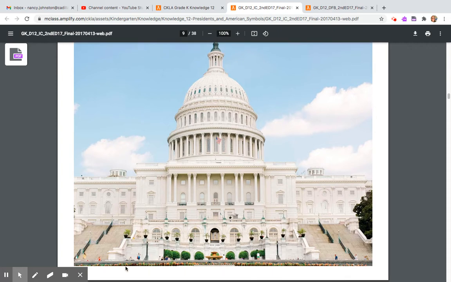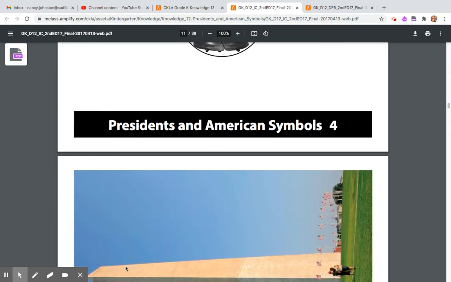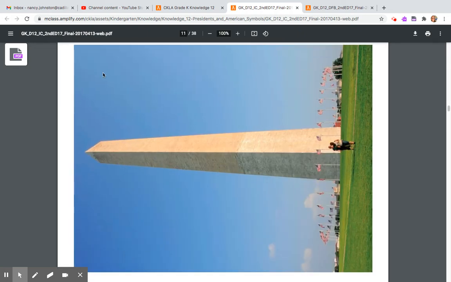What structure is this? Or what building? This building is the U.S. Capitol building. And how about our last image?